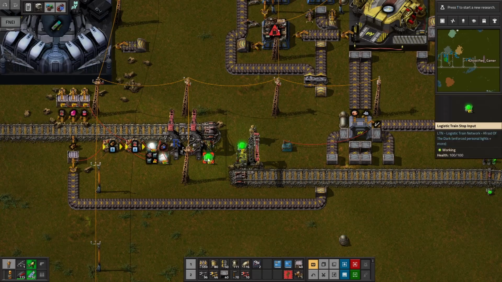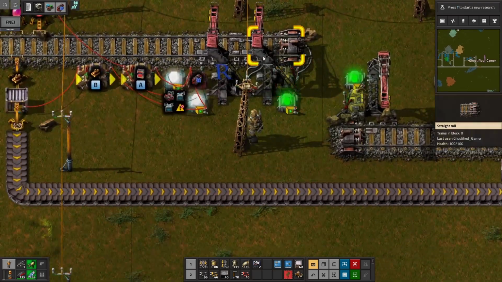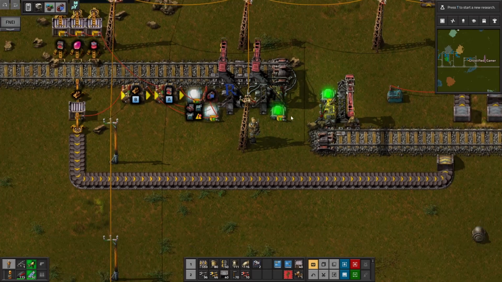I think I talked about this in the last episode. Wow, that box. Where's the hitbox for this train stop? There it is. God, it's so squirrely. Anyway,